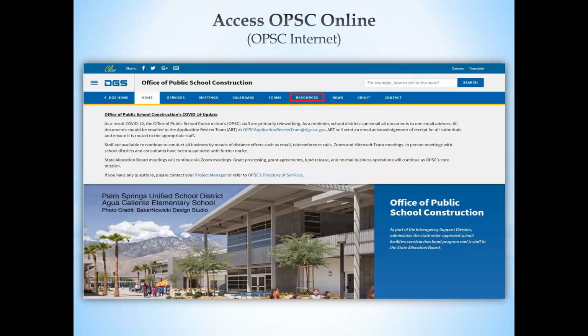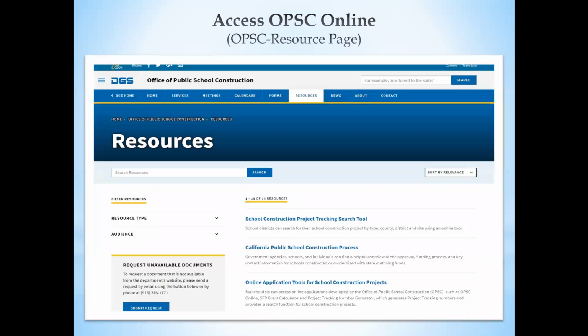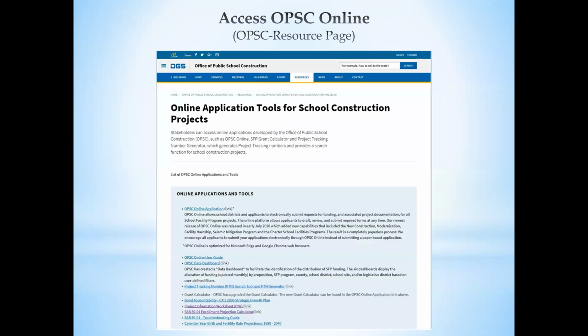Third way is, once you're on that home page, you can also click on the resource tab on the right side there. From there, it'll take you to the resources page, and the third line down is the online application tool for school construction projects. You can go ahead and click on that. And once you're on there, the first bullet is that link to the OPSC Online application.